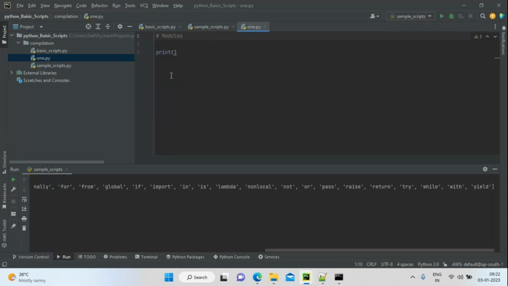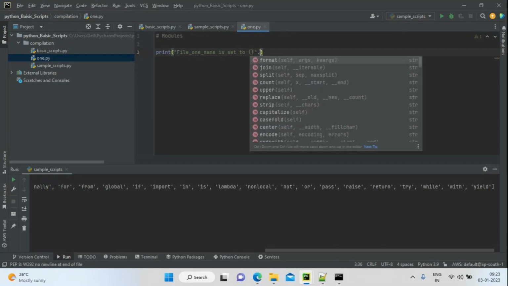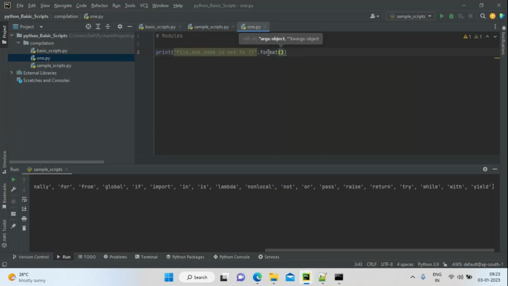That's what I want to show you. In the print statement, I'm going to use double quotes: file one name is set to, with curly braces as placeholders. I'm going to use format because I want to print this value, which module I'm currently running.